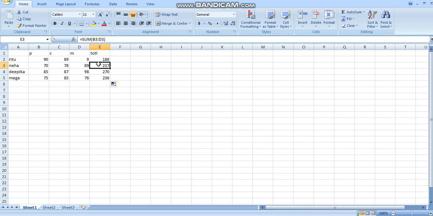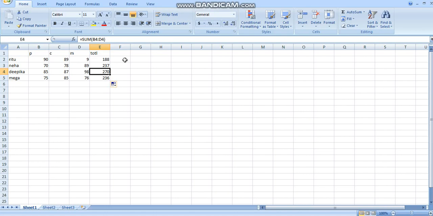The cell reference gets automatically adjusted according to the requirement of the cell. Then B4 to D4. Only the formula gets copied, and the references change according to the change of the rows. That is relative reference.